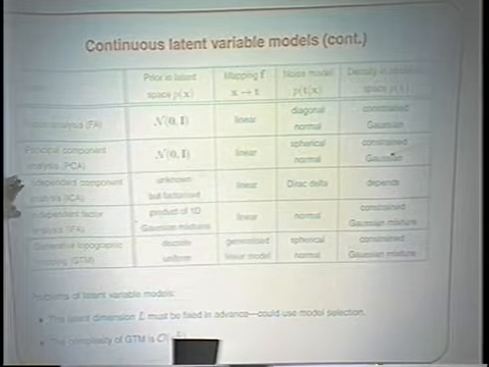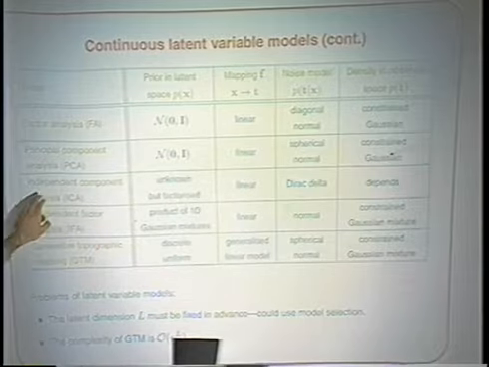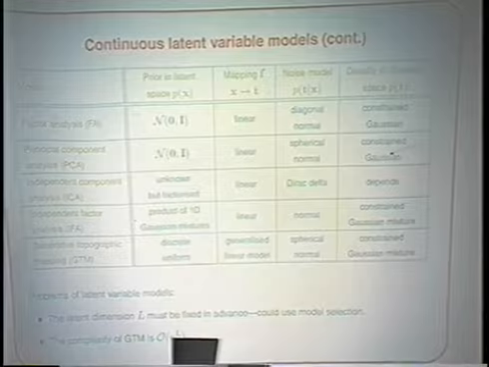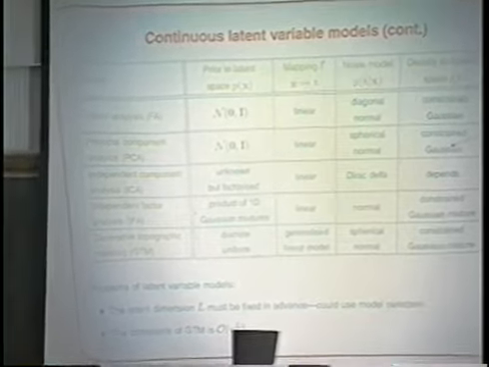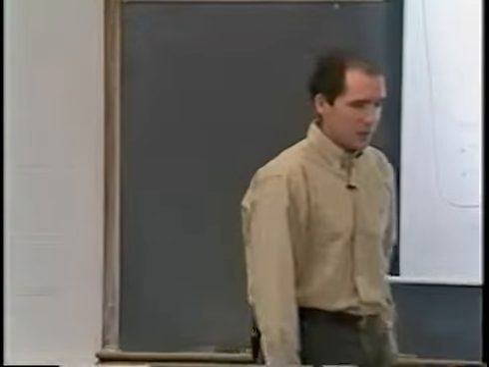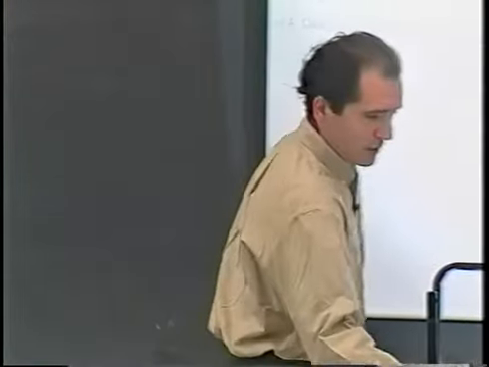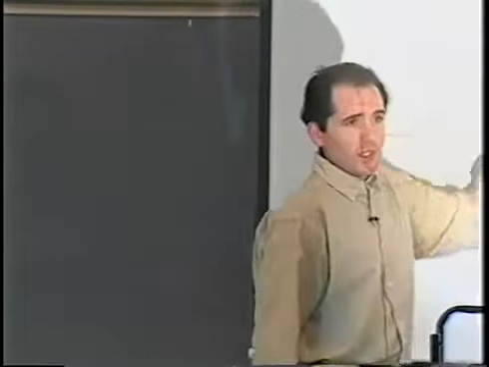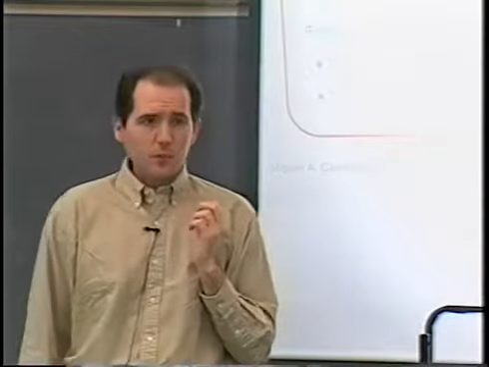Principal component analysis can be interpreted in a similar way, as can ICA, independent component analysis, and independent factor analysis, a model published a couple of years ago in Neural Computation. The most interesting one here is the generative topographic mapping. And the reason for that is that it is the only one that has a nonlinear mapping here. And we need that nonlinear mapping for most problems.